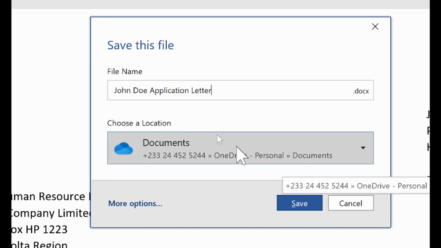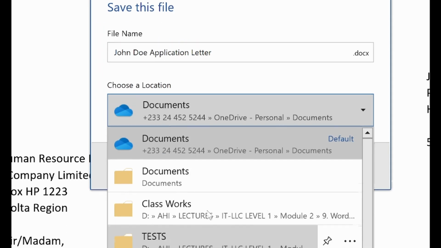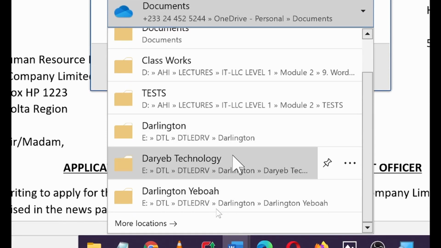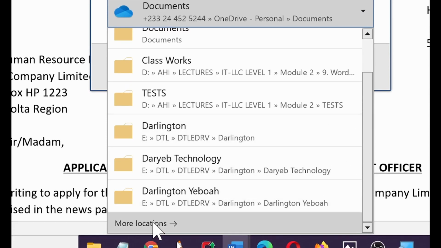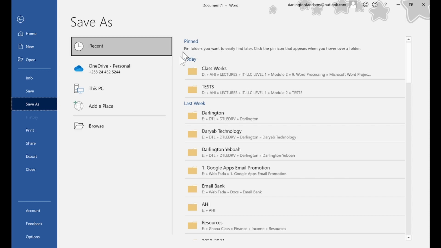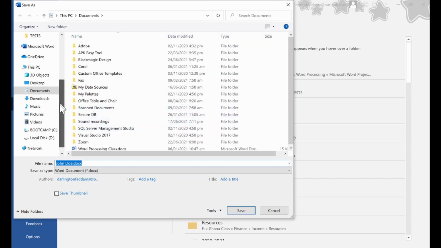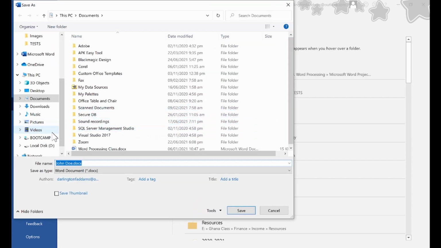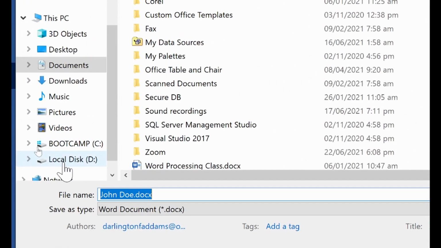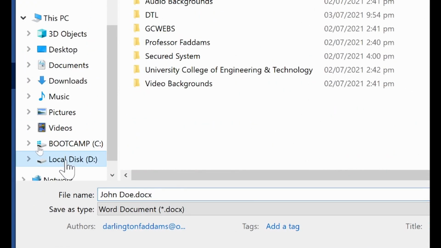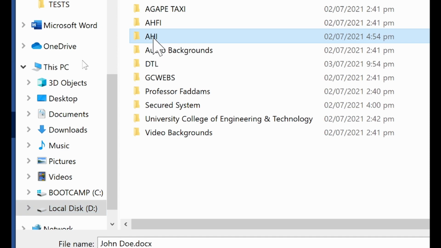I have documents here, but I can click on documents and come down and click on more locations. These more locations will allow me to have more options. If I don't see where I want to save it, I'll click on browse, then browse to where I want to save it. Let me zoom in a little. Click on local disk D, AHI,